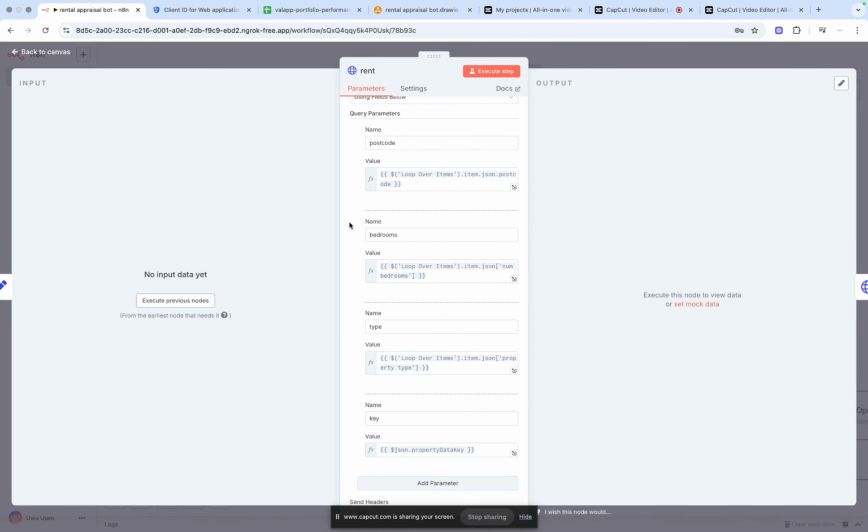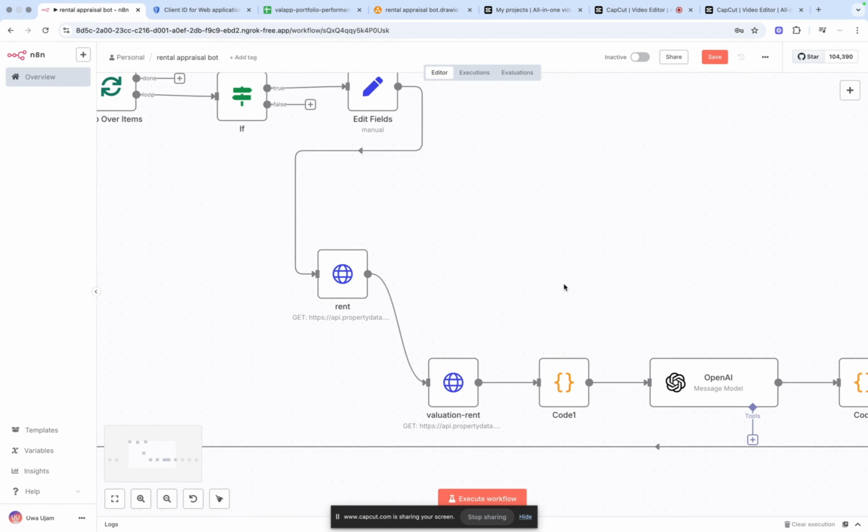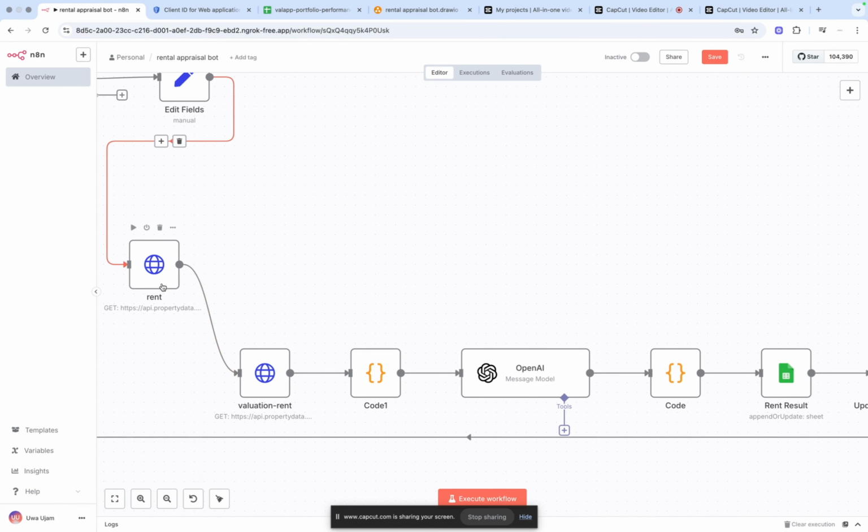This key here is the secret key that's used for calling the endpoint, and that secret key is defined in this edit fields node. It's put in there so that I can do this demonstration and you can see pretty much most of what I'm referring to. After we've collected this rent, which is the open market rent, so the rent that's being charged for properties that are currently being marketed, this next node is pulling back a valuation. So with this valuation,